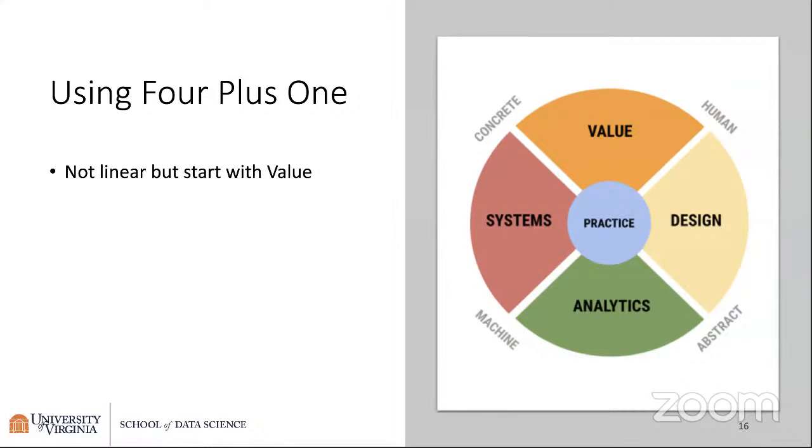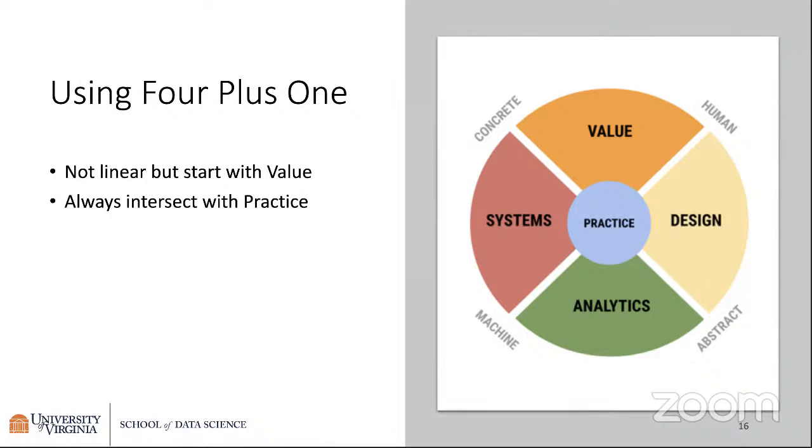There's virtually, I can't think of any problem, but I'm not going to say never, because it's possible that you could think of a problem that doesn't start with value, but every problem that I've worked in starts with value. That value component is absolutely key. You want to understand the problem from the perspective of the organization. What is it that they want to accomplish? What are their goals? What are their objectives? But also, what are the ethical issues? What are the societal issues that impact upon those goals and objectives? And how do they influence the way that you're going to conduct data science and the way you should think about it?